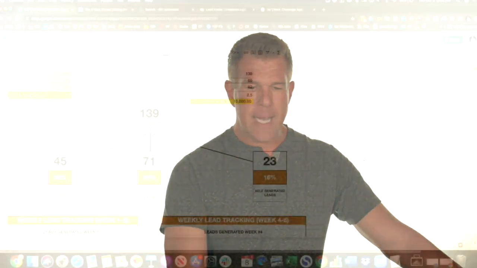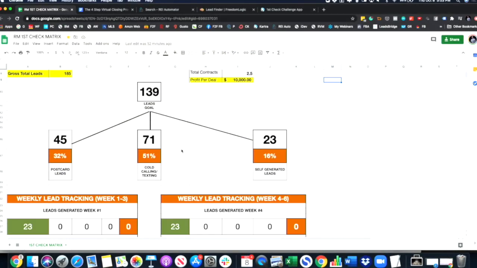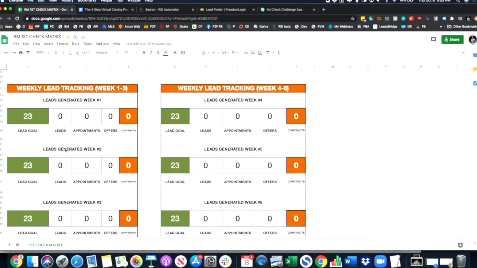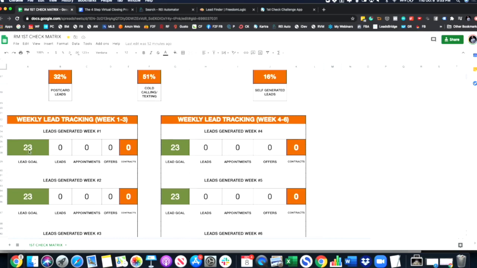Now, the bottom line is now we got to look at what the goal is. The $10,000 check. Before the check is a contract, right? Actually, we need to get a contract on a property. And before the contract, we have to generate a lead. And before the lead, we have to send marketing. So we've got marketing that generates a lead, that gets a contract, that gets a check, right? So in this spreadsheet that I'm showing you, what it does is it focuses us on that. We got leads right here,